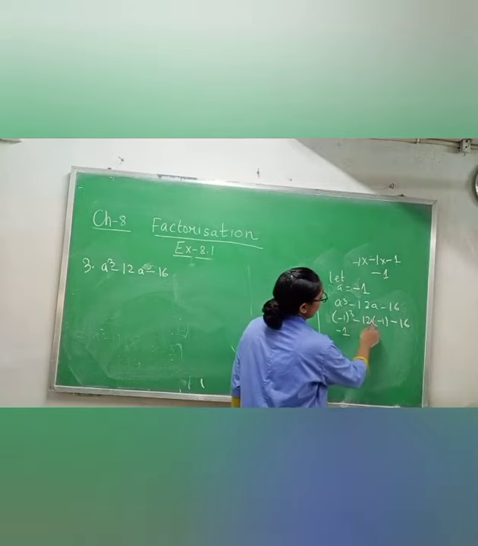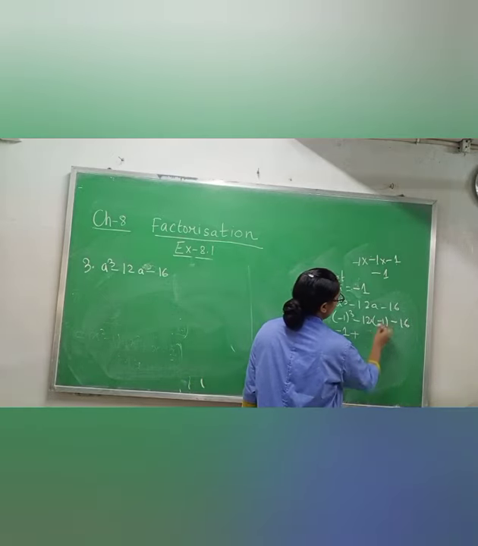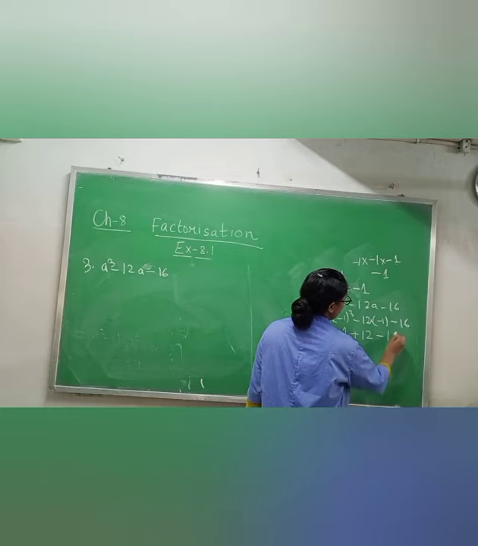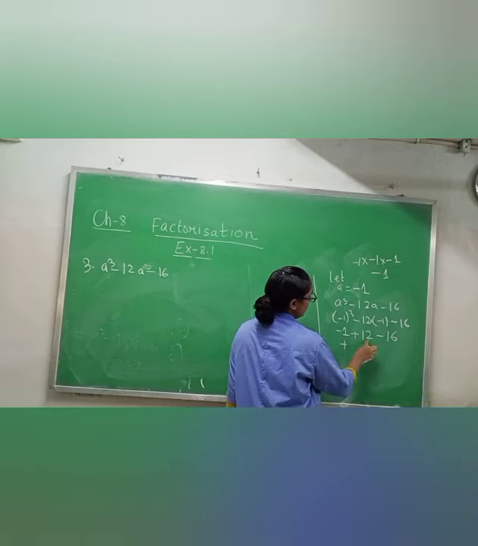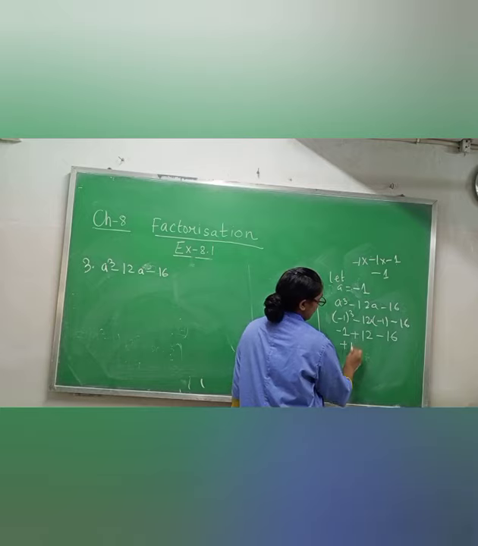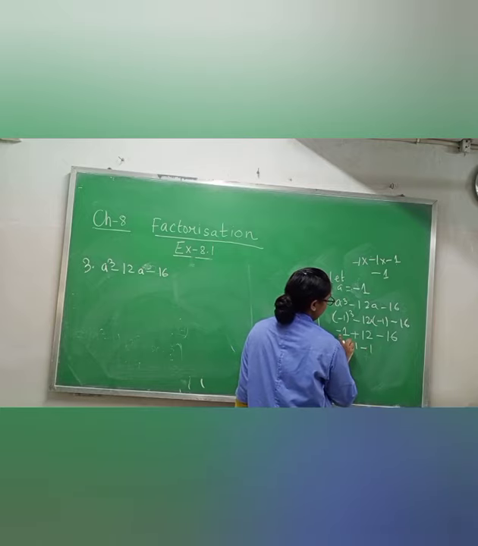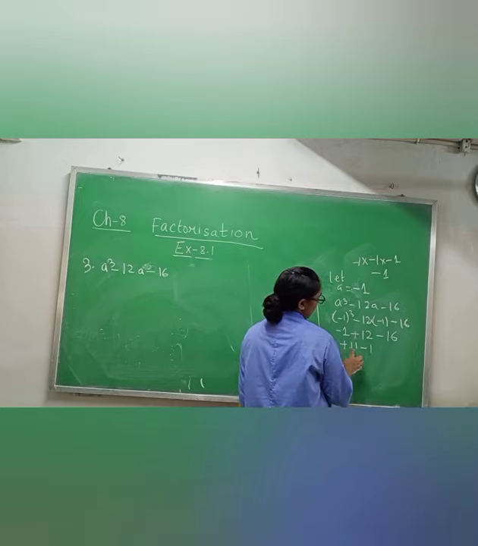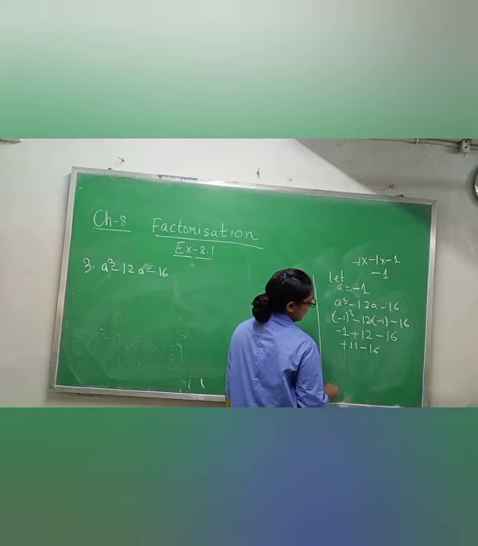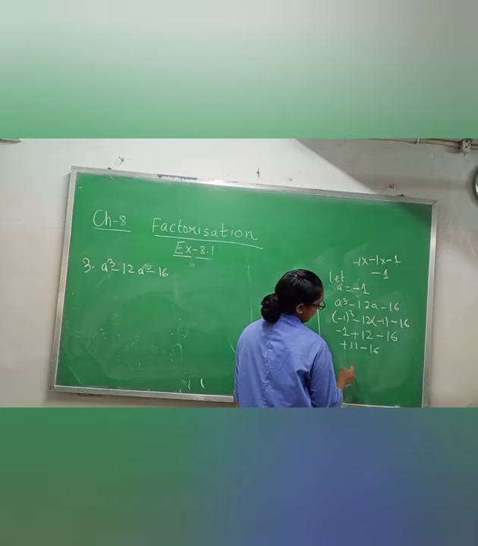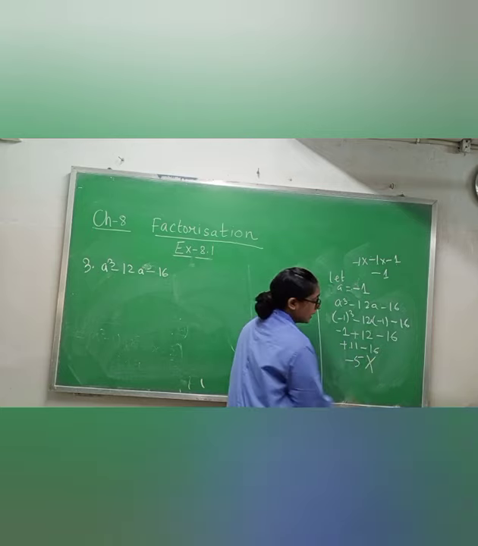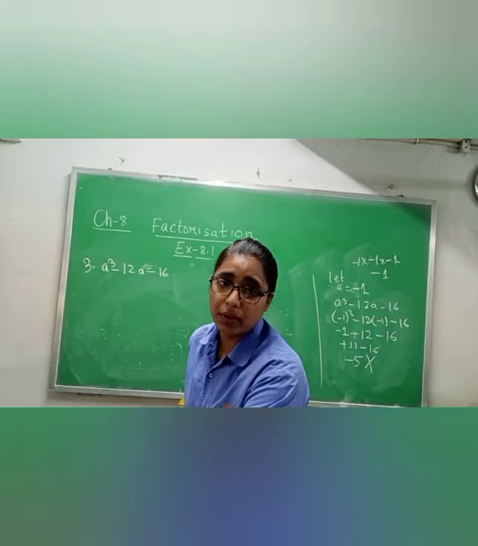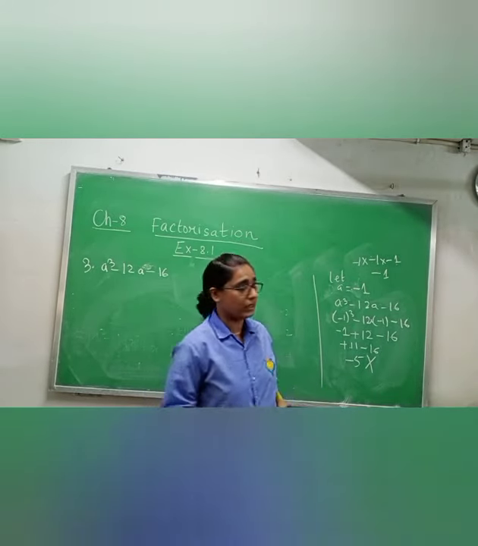Okay, now see, minus plus 12 into 1, 12, minus 16. Again minus plus 1, how much will we get? 13, 11, minus plus 11 minus 16. Again we are getting 0. No, we are not getting 0. How much are we getting? Plus minus sign, 16 minus 11, 5. Again we are not getting 0. Means we will not be able to take a equals minus 1.